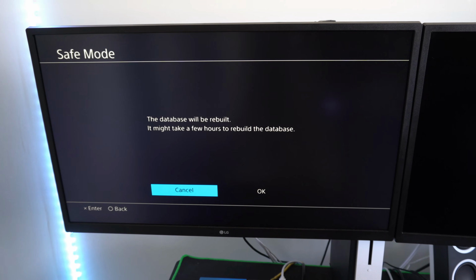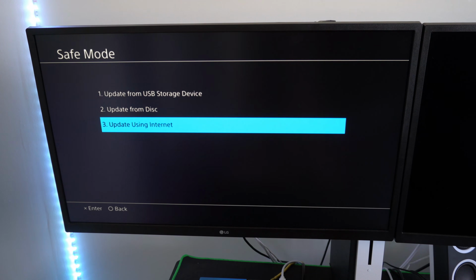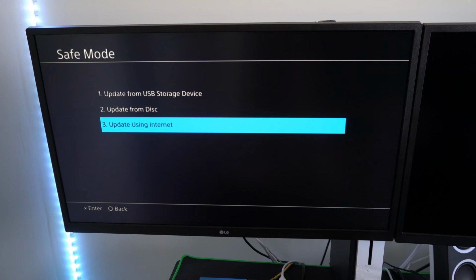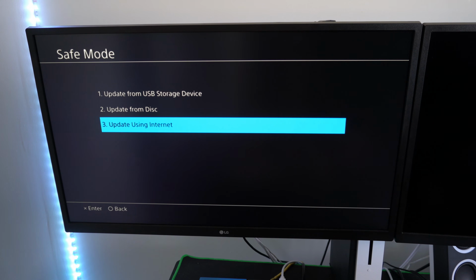Now once you've completed that, go back to safe mode and then go to update system software, option number 3, and then update from the internet, option number 3 again. So this will update the system software on your PlayStation 4, and if there was any corrupted data when you downloaded the original update onto your PlayStation 4, it will go ahead and give you a clean copy